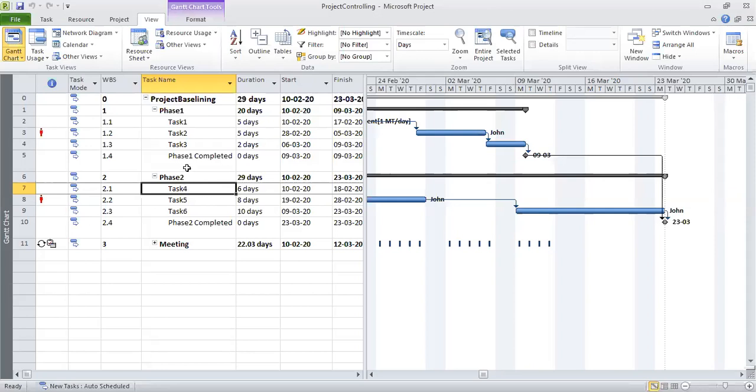But in real life, schedules will be much more complex and will definitely have many more tasks. So one key problem could be that you want to search for a task bar, the horizontal bar corresponding to the task, on the right pane.